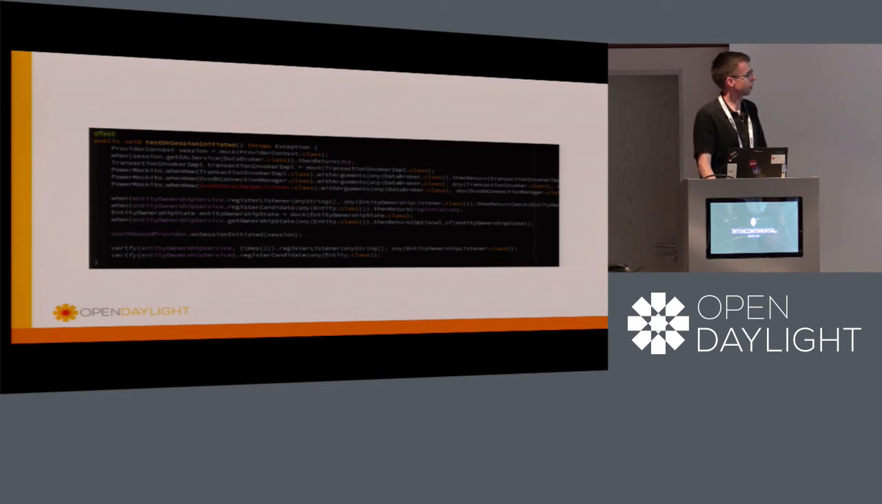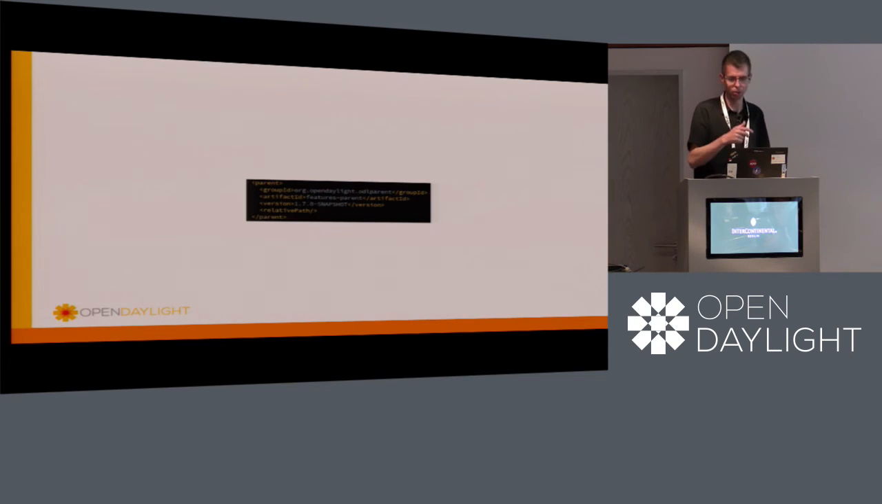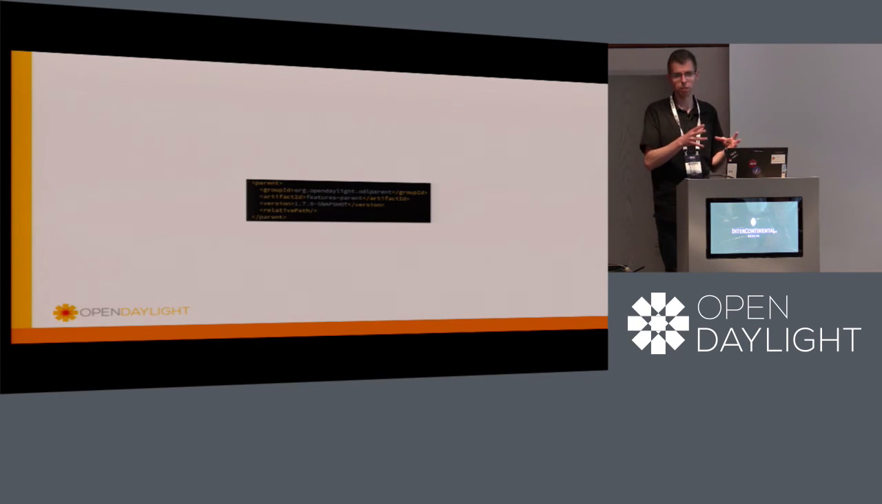And if you rewrite it using the actual test mdsal, it's much better, easier to write for a start and more meaningful. I won't go into too much detail because it's quite complex, but if you're interested in that, come and talk to me. So this is still the same thing. And then we also have some other nice features like